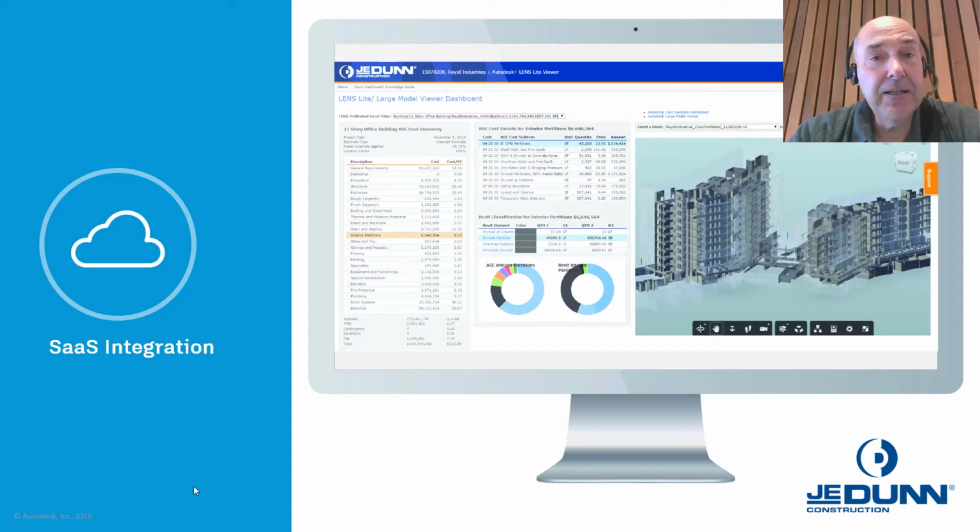Another example is connecting, in this case, a cost estimating application that one of our customers, J.E. Dunn, a $4 billion a year construction company, did. So they had a somewhat homebrew cost estimating, cost management application that actually built on top of SharePoint. J.E. Dunn's really a Microsoft shop. And they used Forge to bring the building information model information, which costing, scheduling, very much like we just saw in Intelsys's SAP integration, to allow them to have basically a near real time view of cost and schedule